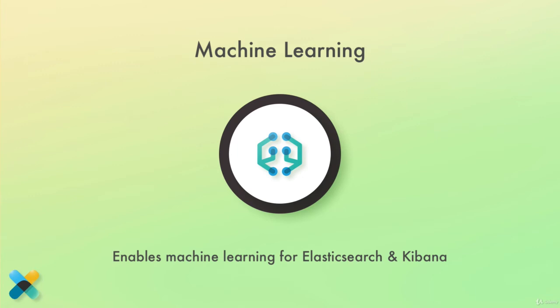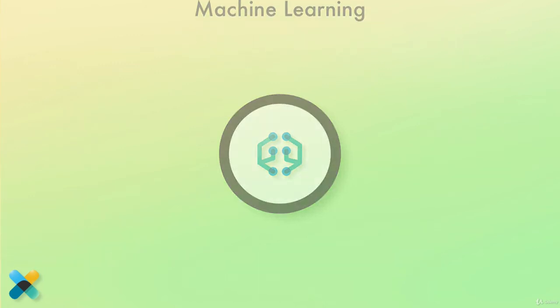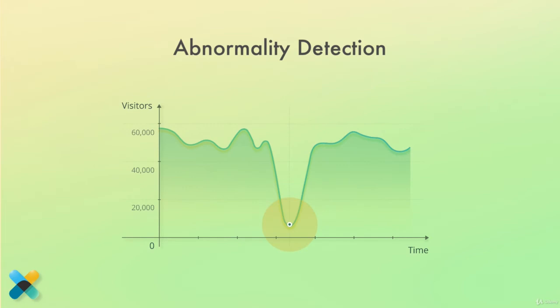Let's quickly recap on what you can do with machine learning. First, we can do anomaly detection, such as detecting unusual changes in data based on what the neural network believes is normal. This can be tied together with alerting, so we could have a machine learning job watching the number of daily visits to our website. If there is a significant drop, or increase for that matter, this will be identified and we can optionally be notified by email or something like that.